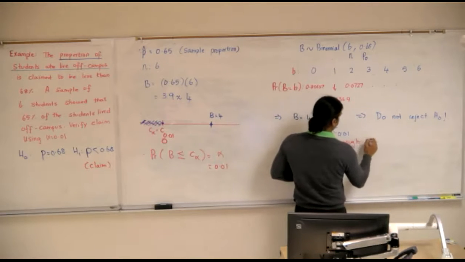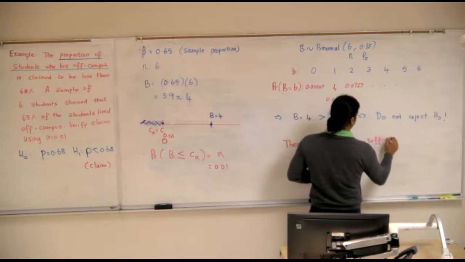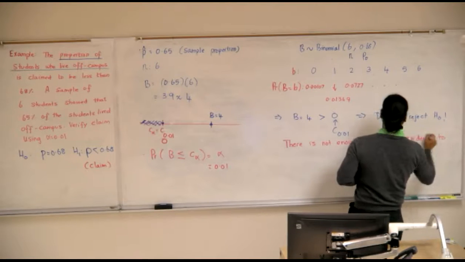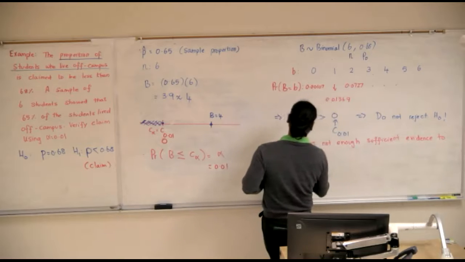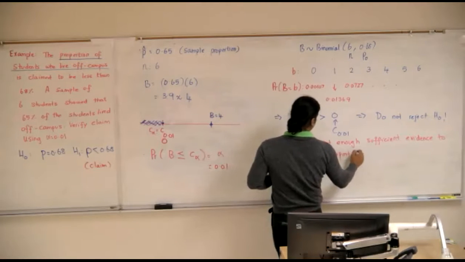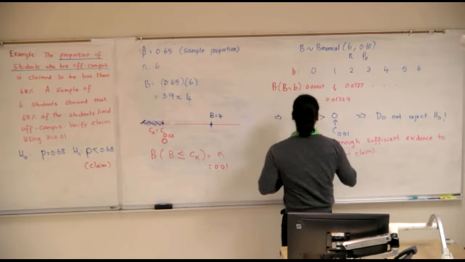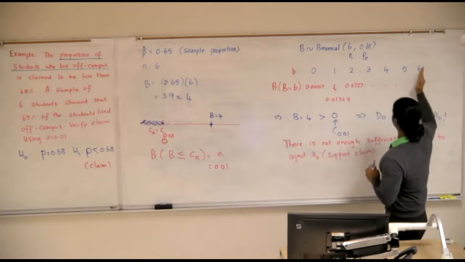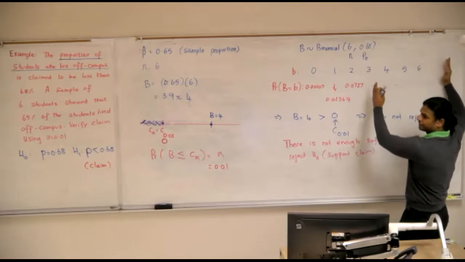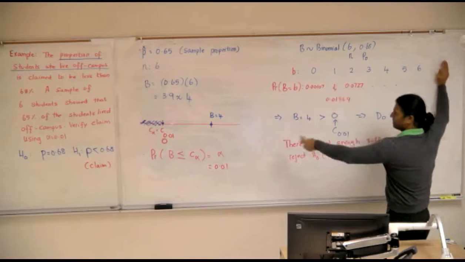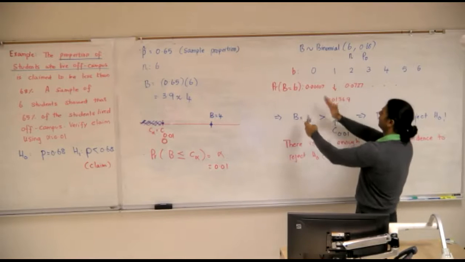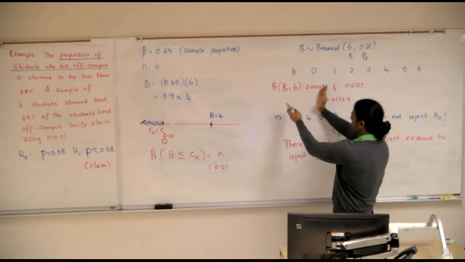Where did the 0 come from again? Below the 0.01. Give me 1 second. So for the original, just like last time we kept adding probabilities from the right-hand side because we wanted to find probability greater than or equal to. Here, it is a left tail test, so we're finding the probability less than or equal to. So less than or equal to 0,